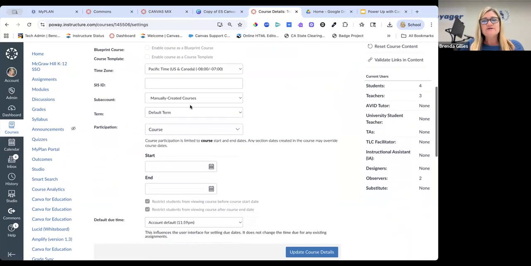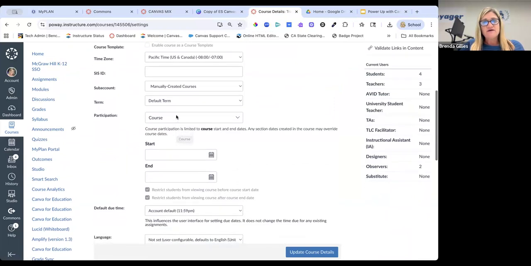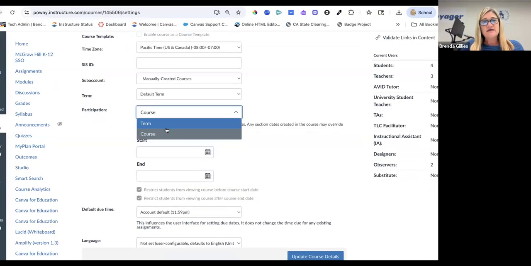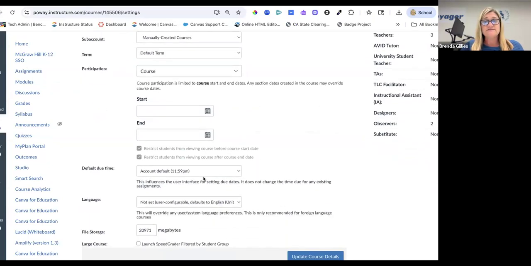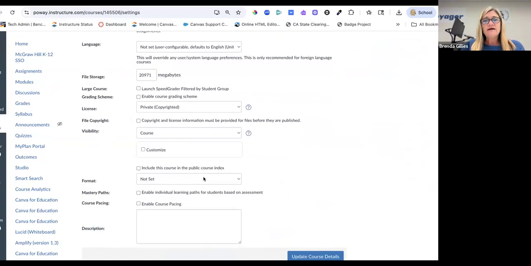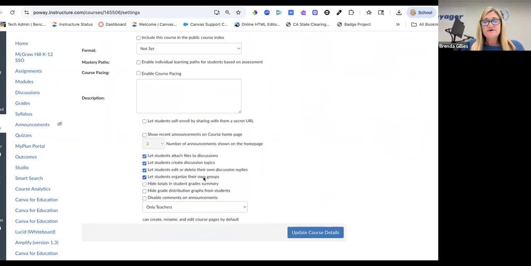You'll see the name of your course, the term. You'll also notice that you have the ability to select whether students and families have access to your course just along the term date, so for the school year, or at the course level, and you can have a little bit more control over the accessibility there. So if you want to have your students have access to your course beyond the end of the school year, you can make adjustments there. You can also